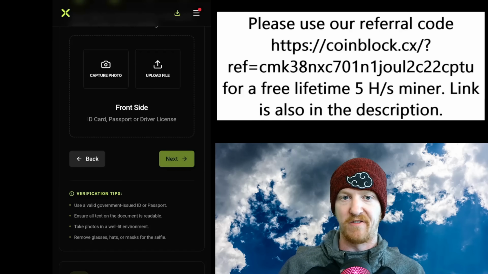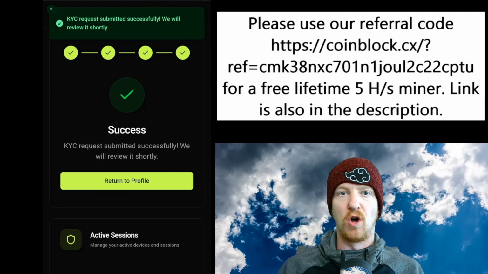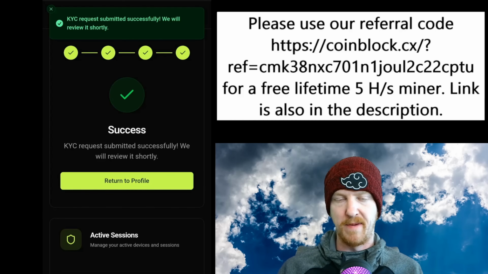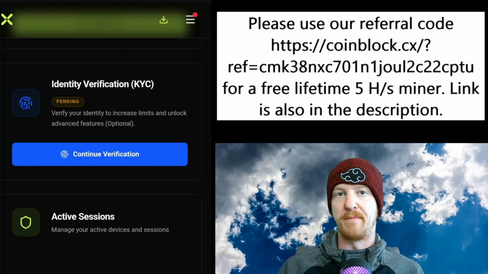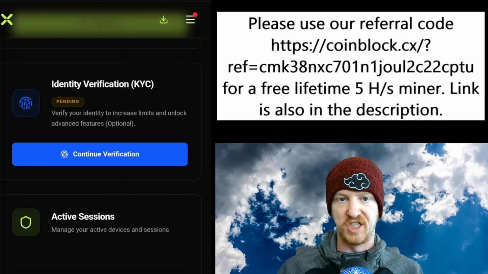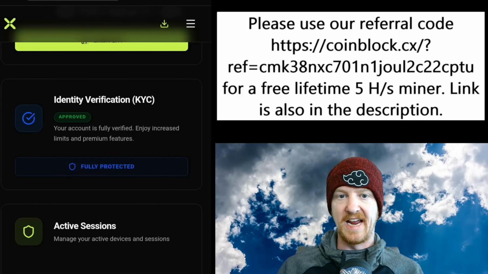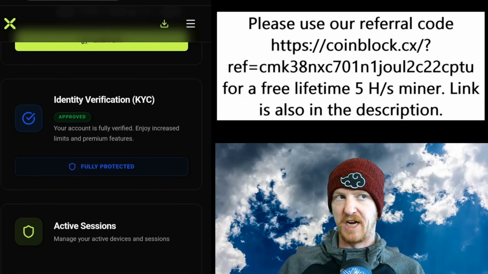You do the front and back of identification. It was my driver's license. And then you take a selfie. And when all of that is done, it'll say success. You're going to click back to return to the profile. And at that point, you can see that my identity verification was pending. And then today, as of the making of this video, I am officially approved for my KYC. It did take overnight, but it really wasn't that big of a hassle,